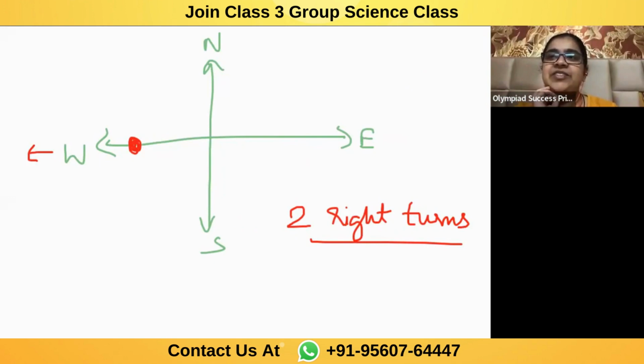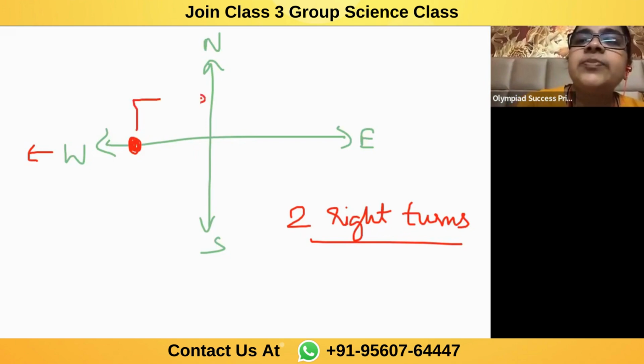Very good, Swarnim. Very good, Shiven. Jian, that's one turn. Ronak, correct. Krishan, west will not stop in west after 2 turns. Every time you will come back to your original position after 4 right turns. Shankar, that's 1 right turn. 1 right turn will bring you to the north. Another right turn. Very good, Vanya. So 1 right turn is bringing you to the north, and another right turn is bringing you to